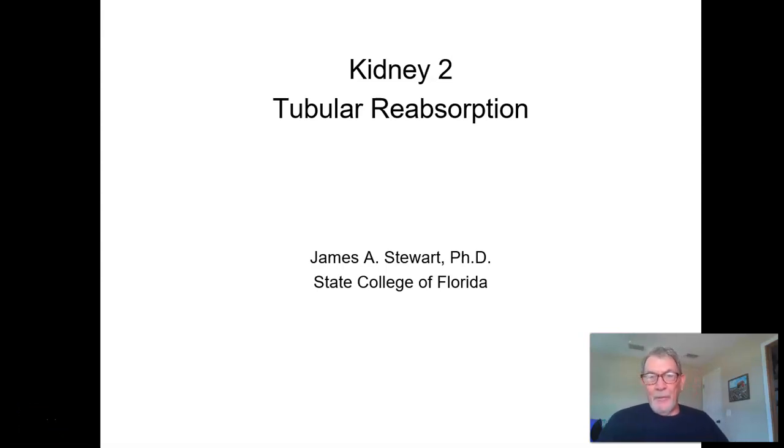Hello there. Here we have our second of the 3 kidney lectures. We started off with learning the parts of the kidney, learning the flow through the kidney from the renal arteries to the interlobar arteries, the arcuate arteries, out to the arterioles moving into the glomerular capillary ball. So we have the afferent arteriole coming in. The blood goes through the glomerular capillaries inside a Bowman's capsule,